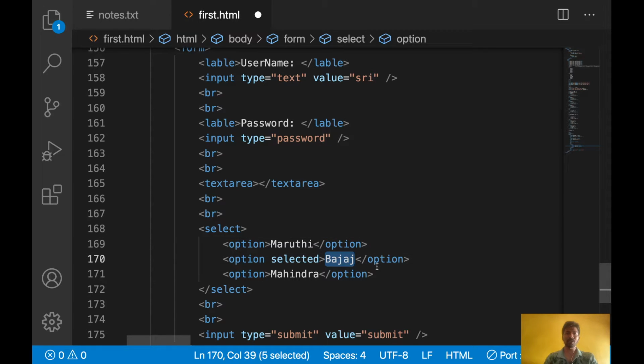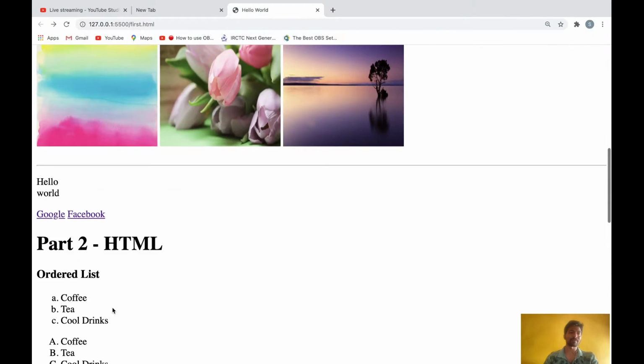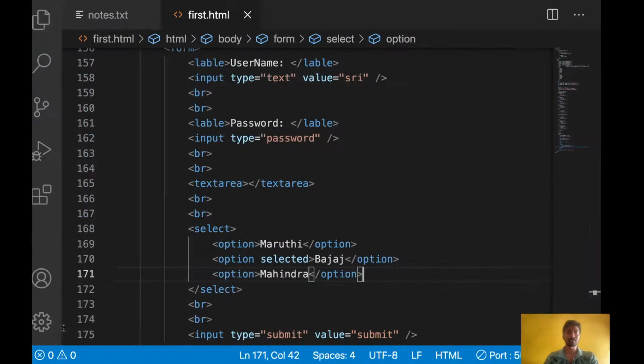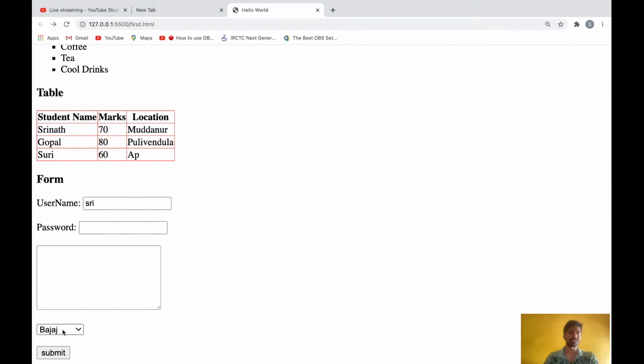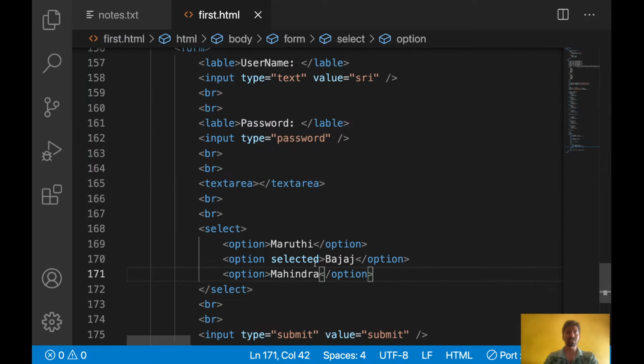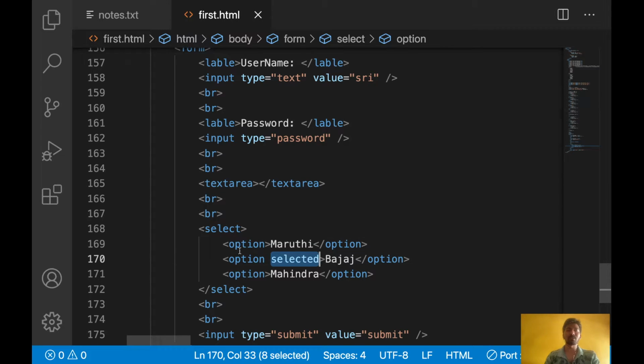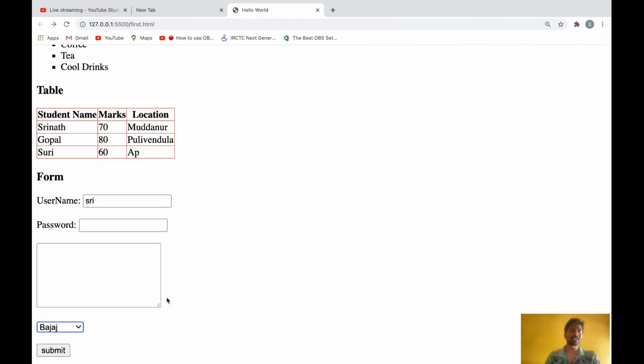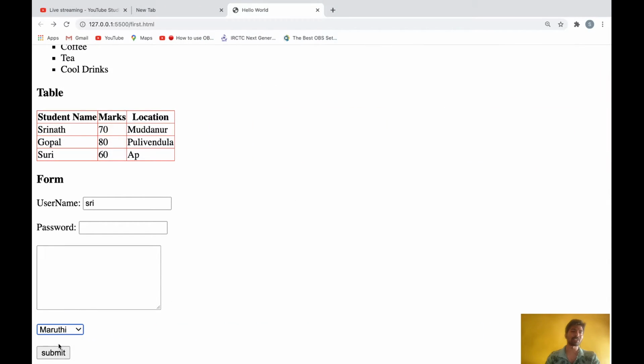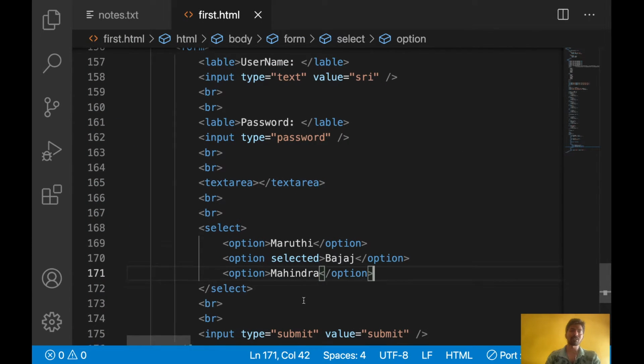Now this second option will be selected automatically when the page loads. See, Bajaj is selected. Similarly you can do it for Mahindra also. If you want the third option as default, you can use this attribute. For any one option you can use that attribute, then that option will be selected automatically. Okay, that is the use of the select box.